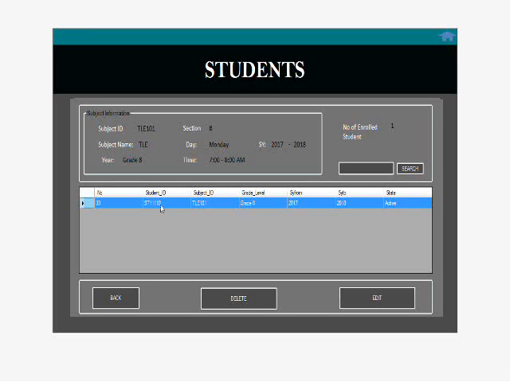As you can see, the student ID is what we entered when we created Angelo. Also, the number of students enrolled in this subject is 1. So after we create our student, we just go back to our home,